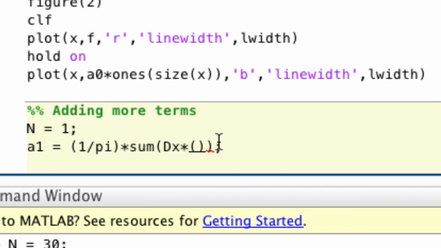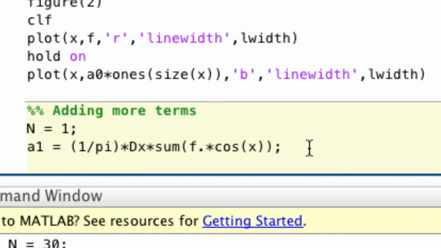And the function would be here f pointwise times cosine of x, right? And actually this dx inside the sum is useless because it's just a constant. We can take it here and remove one pair of parentheses. So this should be our A1, and then